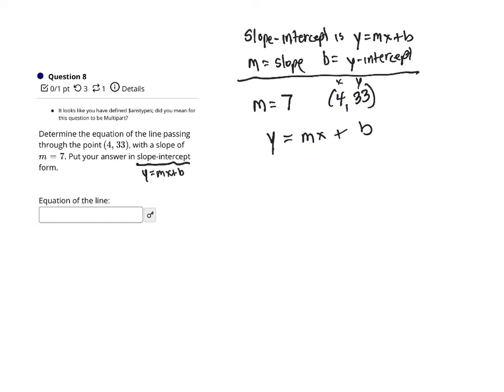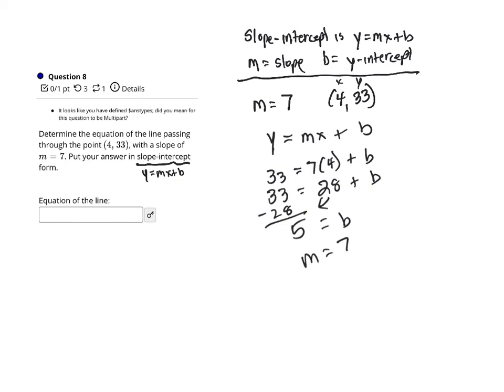So we're going to have 33 equals m is 7 times the x of 4 plus b. So 33 equals 28 plus b. We're going to move the 28 over, so we're subtracting 28 from 33, and that is going to give us a 5 equals b. So now we know that b is 5, and we know m equals 7, so we can write our equation of the line. Y equals, the slope is 7x, and our b was a positive 5. So make sure to put the sign there, plus 5. If we had negative 5 for our b, then we would put